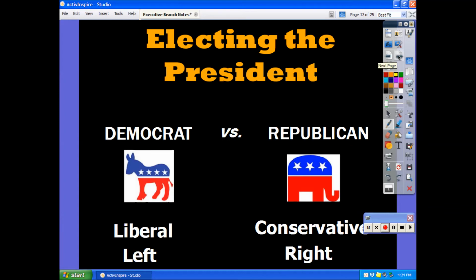So how does the president get elected? Well, first, let's talk about the whole idea that there are basically two political parties in the country. And so when we talk about presidential politics, we're talking about basically these two political parties. What's important to realize, there are other political parties, but those political parties do not play a significant role because there's not a large number of people in the country that belong to those other political parties. Most people belong to either the Democrat or Republican Party.